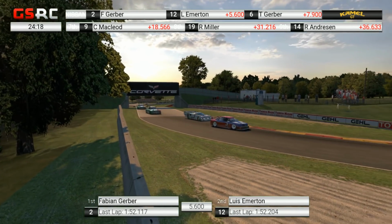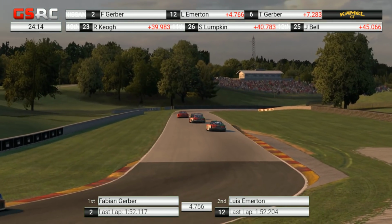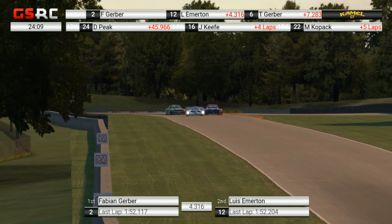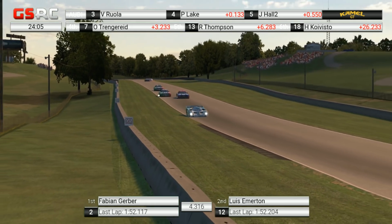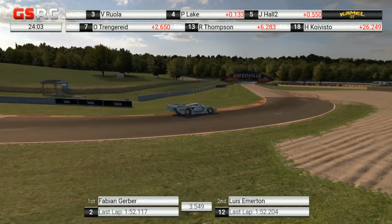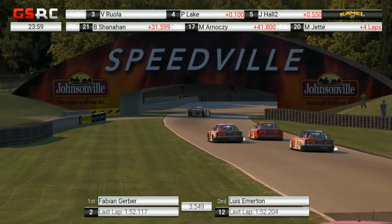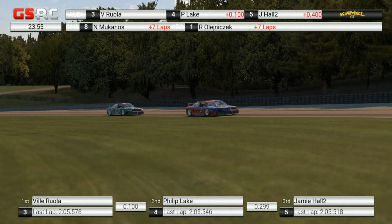This is going to frustrate both drivers. That was good news for Phil Lake. Now he's getting back. He's gained a lot of time, and he's going to gain time here too. Look at this. Right on top of him, but he's balked at the exit of the corner. Has to check up. Phil Lake looking to the outside as a defensive move from Vili Ruola, looking for the over-under now. It's going to give him the outside of the carousel. That's never going to give him the...